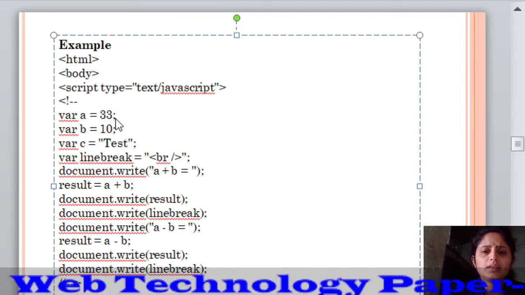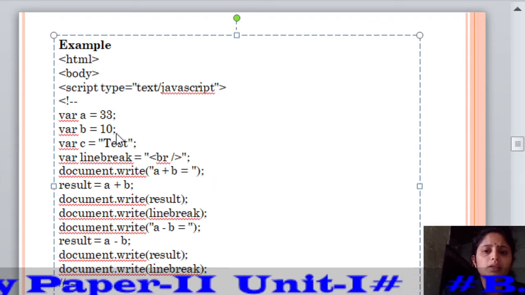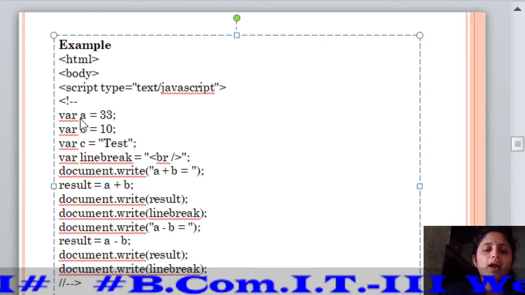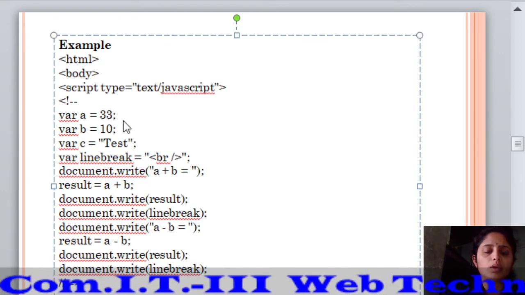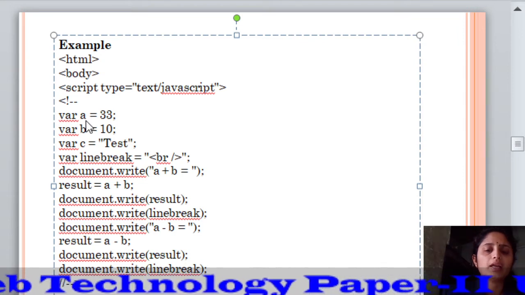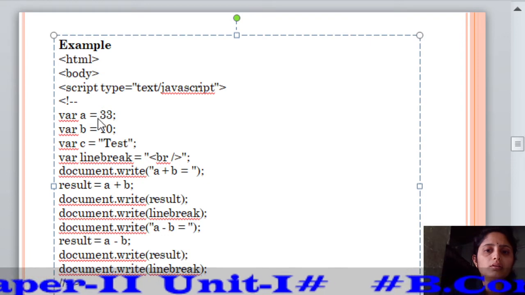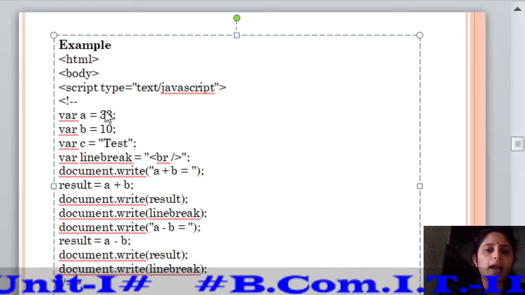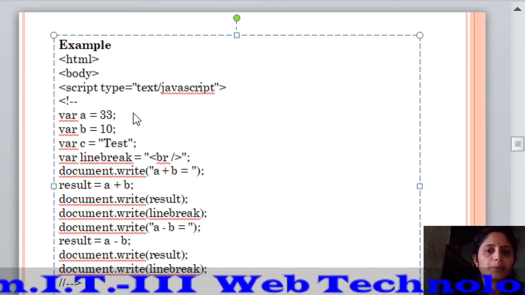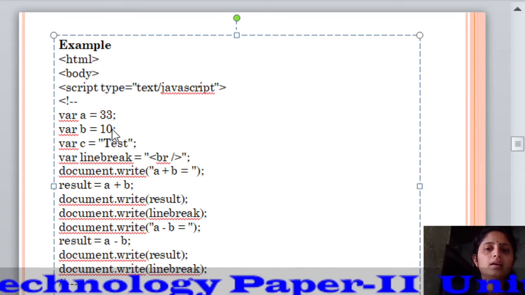Look at the if line, which ends with a semicolon, meaning it is the start of the JavaScript code. Here var a is equal to 33 semicolon, the value 33 is stored in the variable a, and according to the value we can identify the type of data, which is numeric. Second variable is var b is equal to 10.